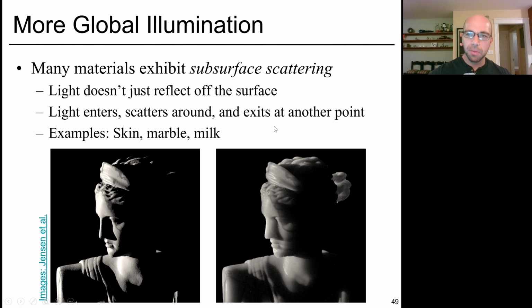So another global illumination problem is subsurface scattering, where light enters one point on a surface, wiggles around underneath, and then leaves at another point. This is important for skin, marble, milk, these sorts of translucent materials. So you can see here, this is without, and this is with. Here you might need the